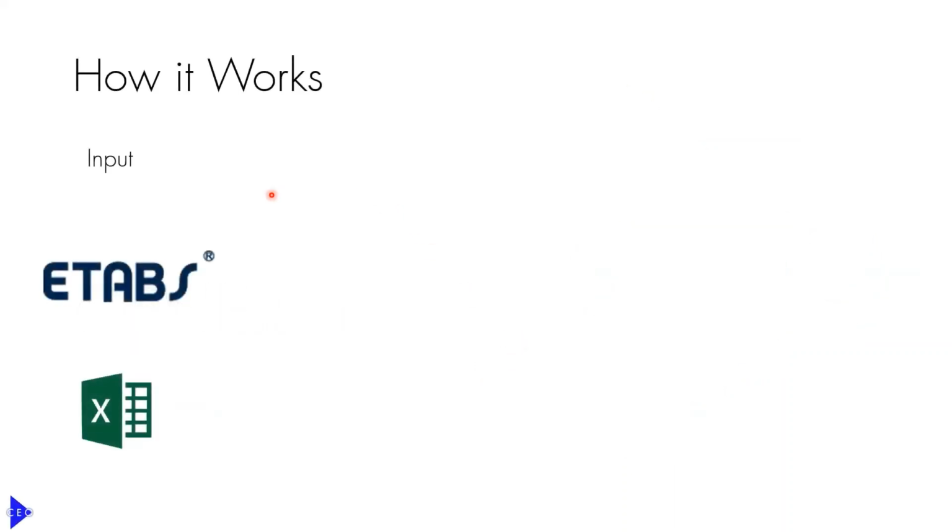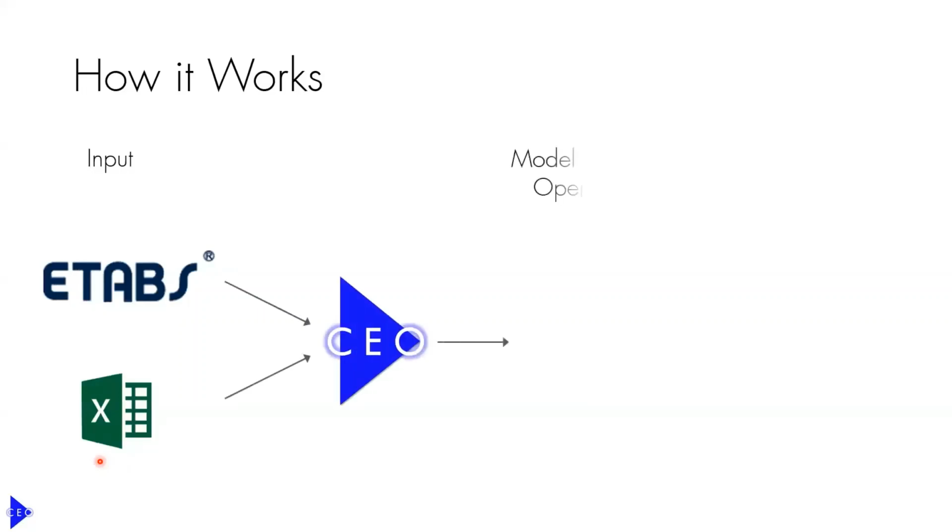So basically, it works in a very simple way. It takes certain information from the ETABS model, and we will see in the next slide what that is. And then it takes information from an Excel spreadsheet that is provided with the software, which is a little spreadsheet that has kind of predefined tabs where you input the parameters for your nonlinear models, either that's a material or an element. So most of the nonlinear parameters are defined in this spreadsheet, and then basically it combines those two and